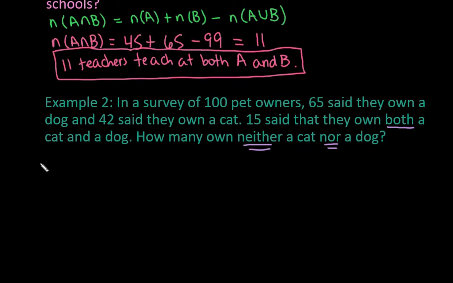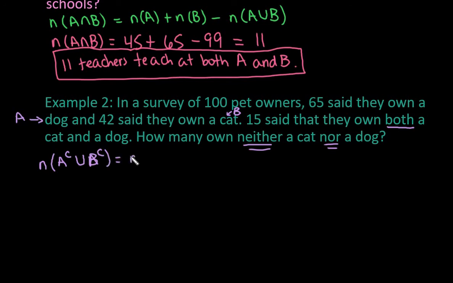Okay, so we're technically using a combination of the rules that we have listed above. We're just going to write it in symbol form. So we're trying to find the number that are not in set A. I'm going to say that dog is set A, and I'm going to say that cat is set B. So we're going to say the number that are not in A or the number that are not in B